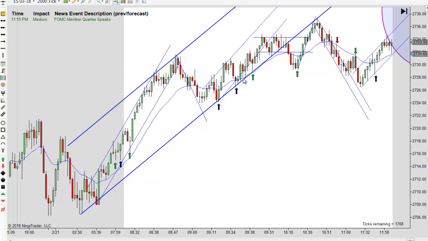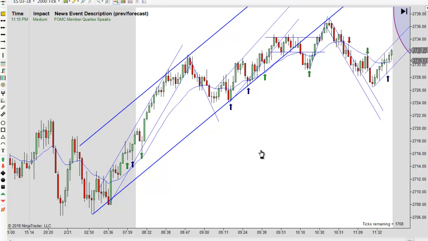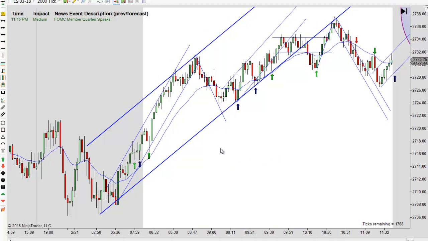It wasn't until we got a couple more bounces up through here that I was fairly confident in it. So sometimes it takes a little while to confirm a trend line. Even though it looks good, it may not ever confirm, and it may not be any good. So keep that in mind, as I talked about yesterday. But anyway, we're working up here.